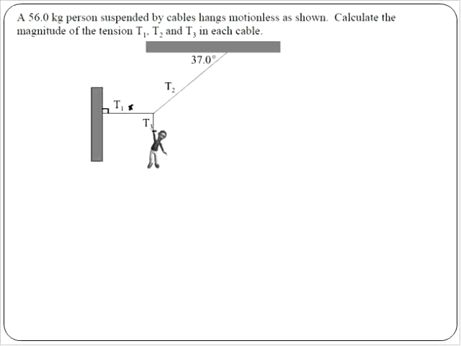T3 is the opposite. T3 is straight up and down because the guy is just hanging on to it. So that's actually T3Y. So I've got an X and a Y. And those, like T1, for example, doesn't have a Y component. The Y is 0 for that one. And T3, likewise, doesn't have an X component. So